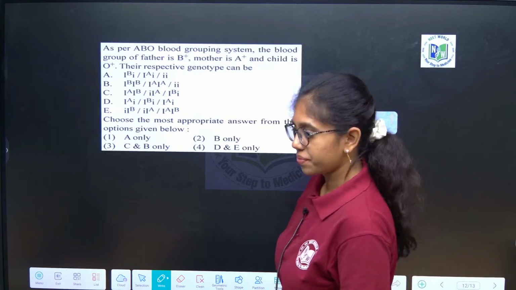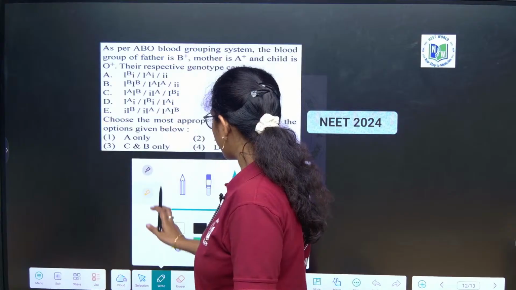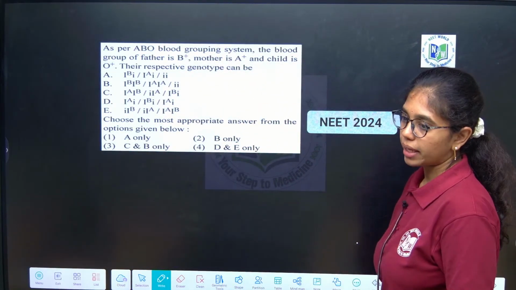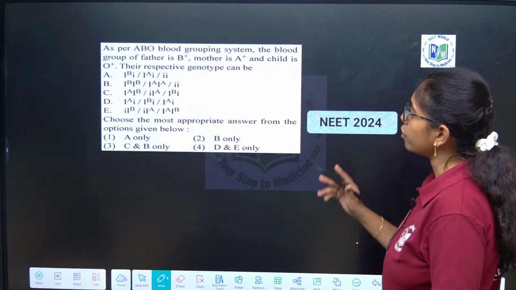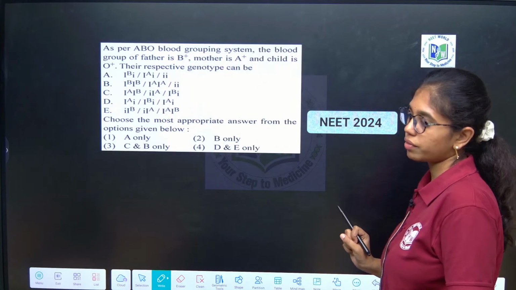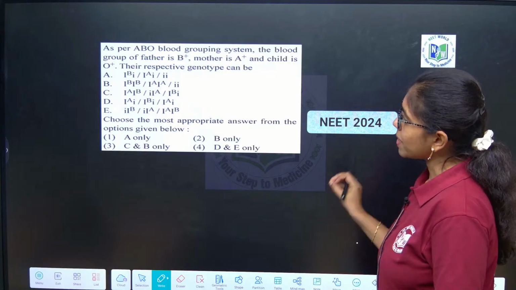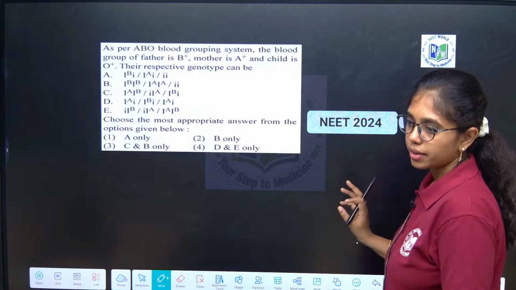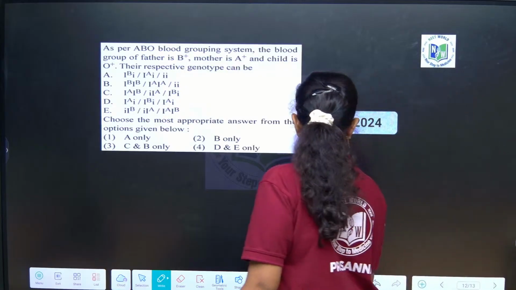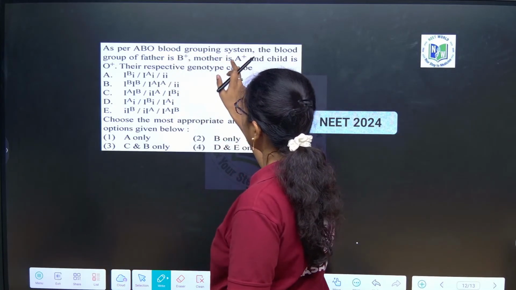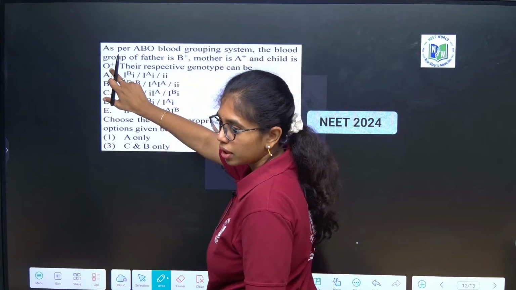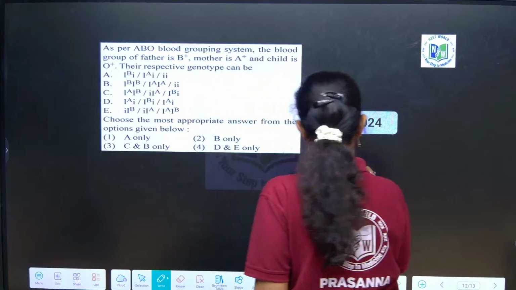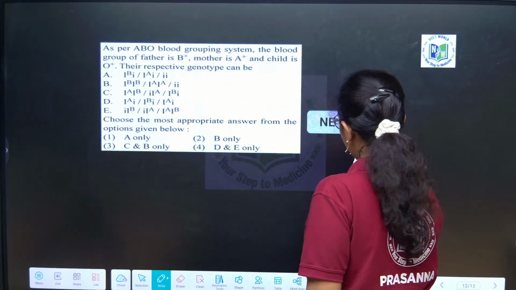Same type of question. So, ABO blood grouping, he said, beta. For father he is saying B positive, mother A positive, child is O positive. The respective genotype can be for father, mother and child. When father is B and mother is A, child is O, then both should be IB, IO, IA, IO condition, right? Do it and say father,